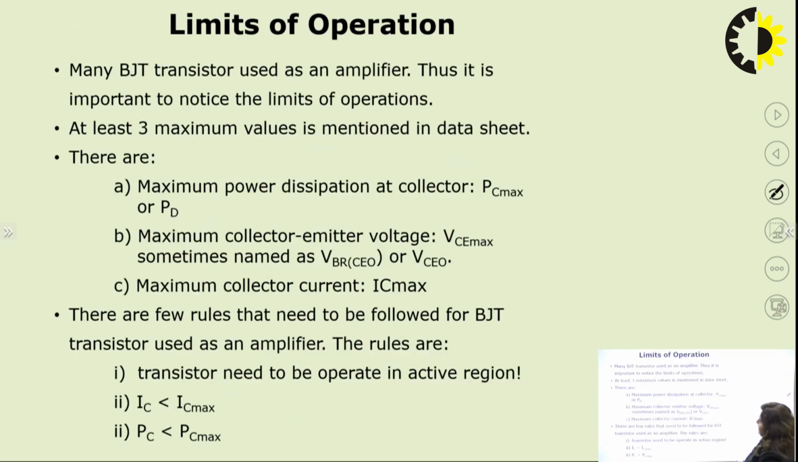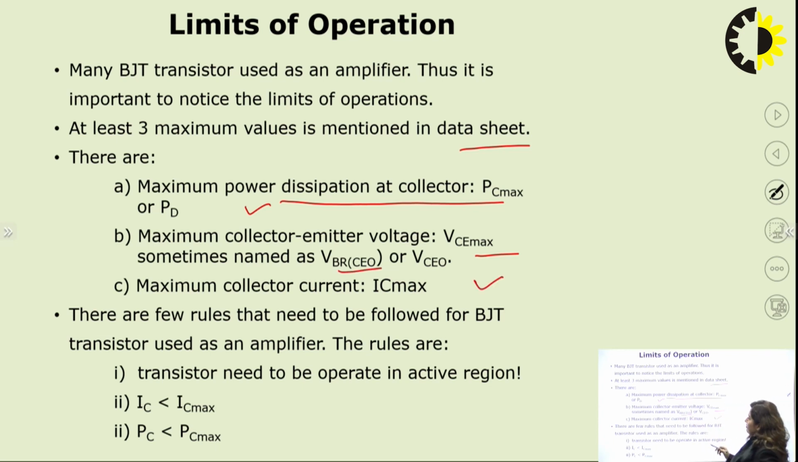So next we have limits of operation. Many BJT transistors are used as an amplifier. Thus, it is important to notice the limits of operation. At least 3 maximum values are mentioned in the data sheet. There is the maximum power dissipation at the collector, which is PC max or PD. There is the maximum collector emitter voltage, that is VCE max, sometimes named as VBR, or maximum collector current, that is